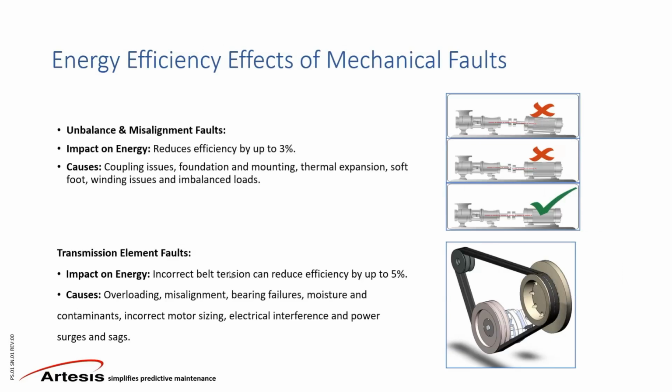So then this falls under the transmission category, of course. But if you have a belt-driven system, belt-driven fan, and then you have loose belt or sheave misalignment, that can actually reduce the efficiency up to 5%. So this is quite a significant number. And of course, causes of this problem will be overloading, again, misalignments, bearing faults, or wear and tear on the